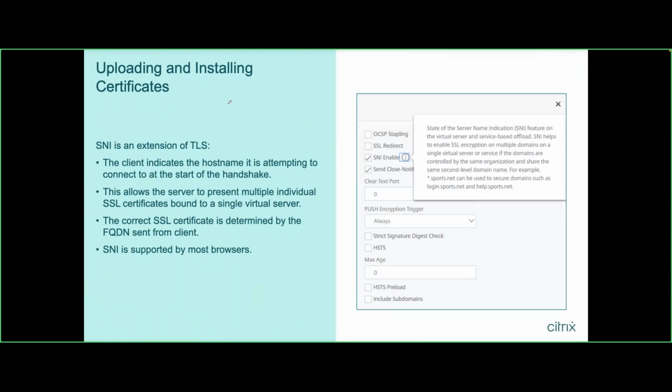So you can upload your certificates as well. Using your SNI. SNI is basically server name indication. That's a feature on your virtual server, where you have multiple